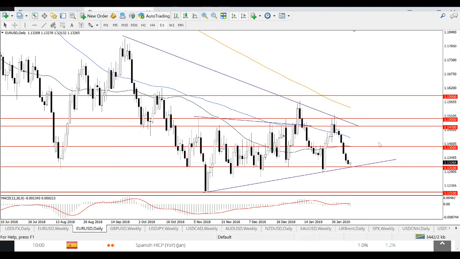If there is a break to the downside, then surely the euro will naturally target the previous low at 1.1210, and we need to break below the levels of 1.15. This is the support line going through the lows of January and November, and 1.15 is the psychological level as well. So a decline below that level will open the way down. The main drivers will be the market's risk sentiment, data from the euro area, and a lot of data releases